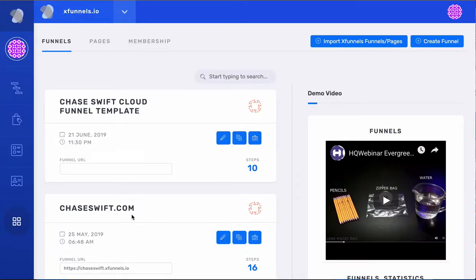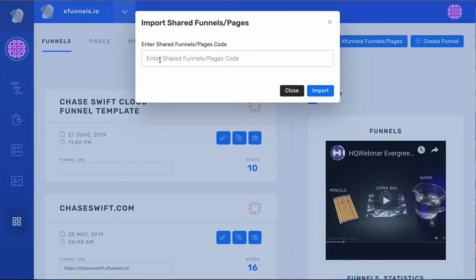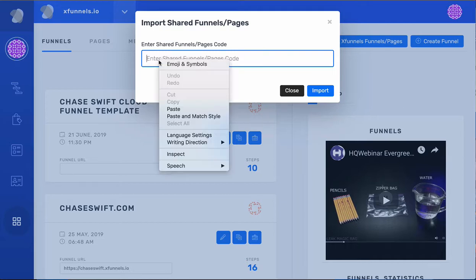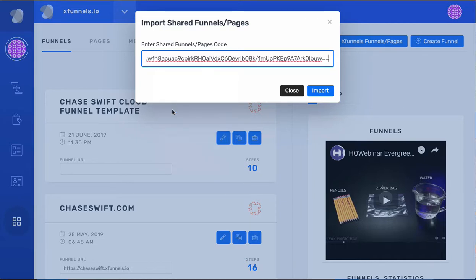Now you won't have anything here, I do. So I'm going to just do this as though I didn't have anything here. Go click on Import XFunnels Pages. And that'll give you a box where you can paste in that code that I gave you from the Traffic Wave for Profit group. It should end with a double equal sign, and the very beginning is funnel, right at the top. So click Import,